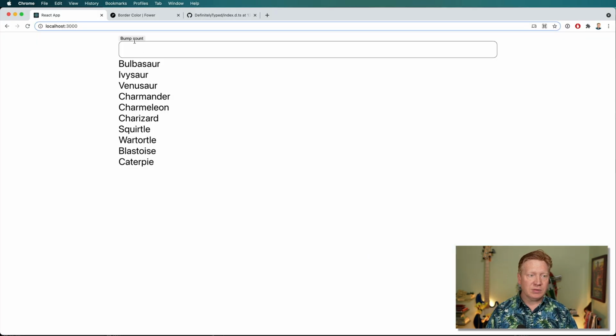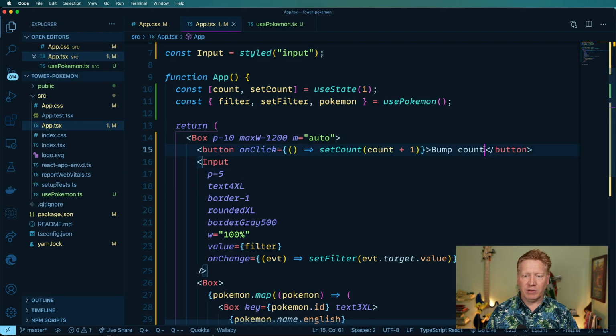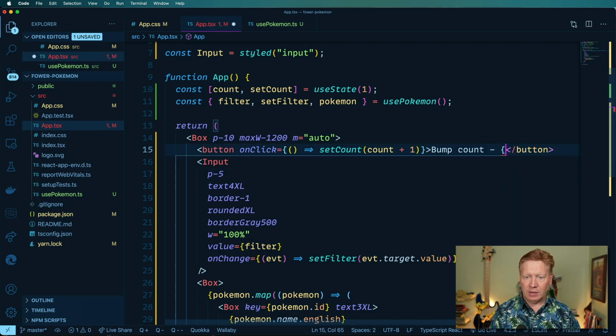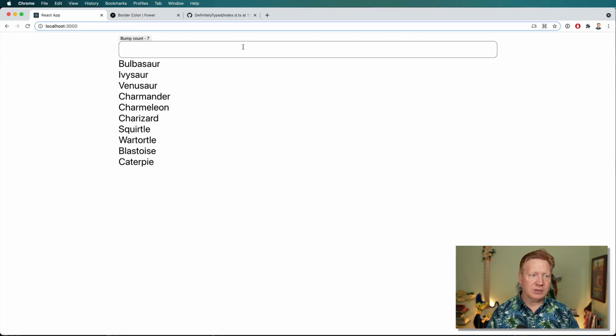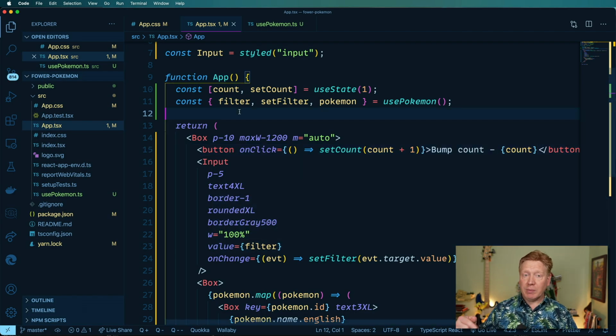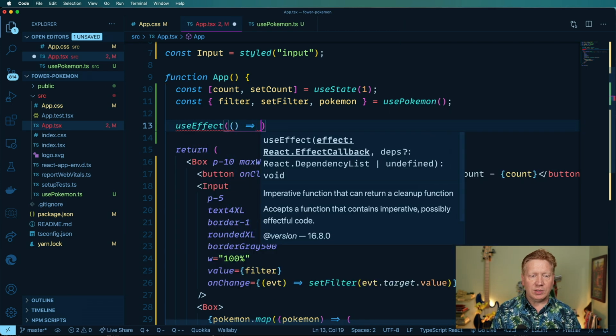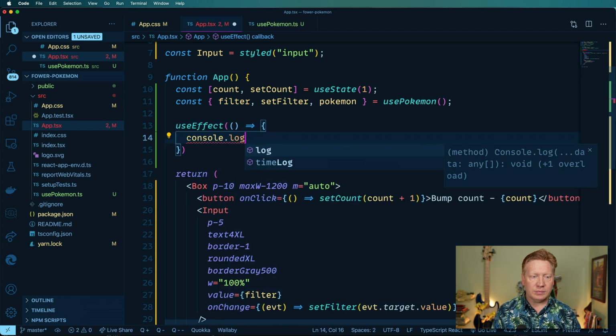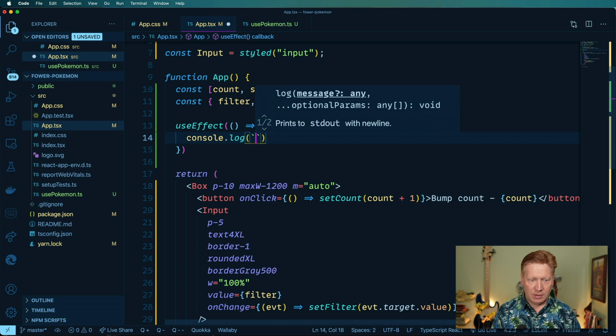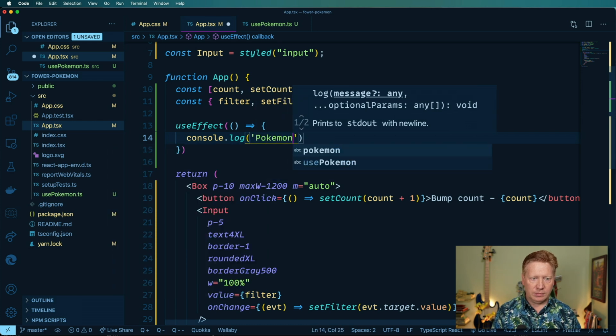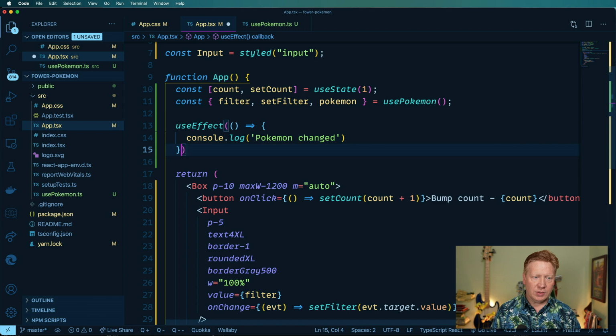So let's take a look at this. There you go, bump count. Here, I'll even put it on there so I show you. Cool, bump count. Great. That's going to rerun this whole App function every time I click that button, and that's going to rerun usePokemon. So what I want to do is put a useEffect in here, and it's just going to console log "Pokemon changed." And it's only going to get called